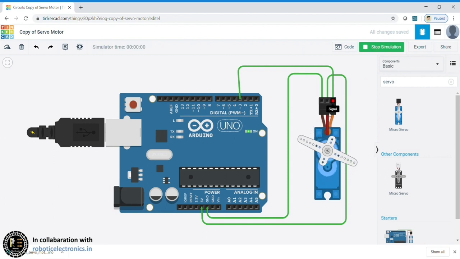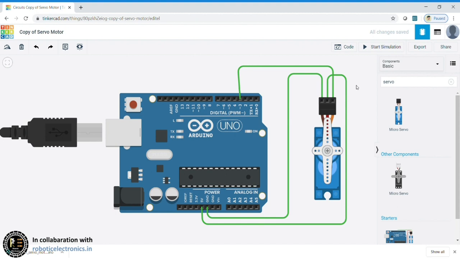So now see, the servo is moving slowly and it is coming back. For every 10 milliseconds it is going about 10 degrees and coming back. So the servo is rotating based on our code. This is the start or stop simulation button where we can see our code. If we stop this, the simulation will be stopped. In this way we can simulate any sensor, with different components with our Arduino Uno board, and can work with this.